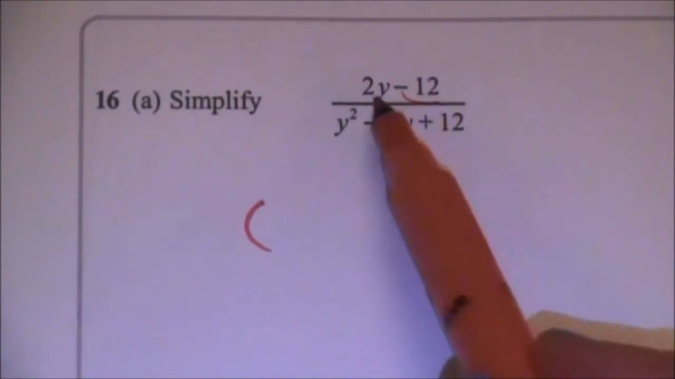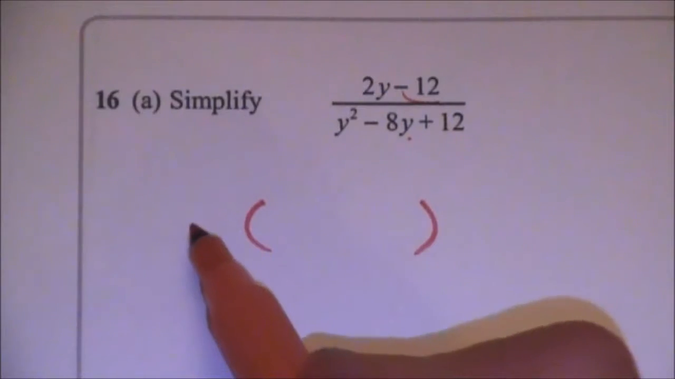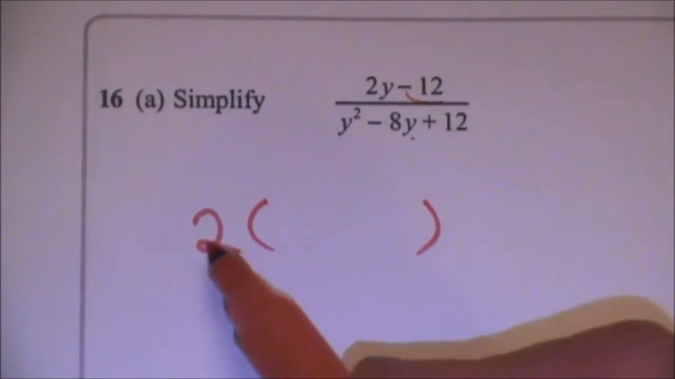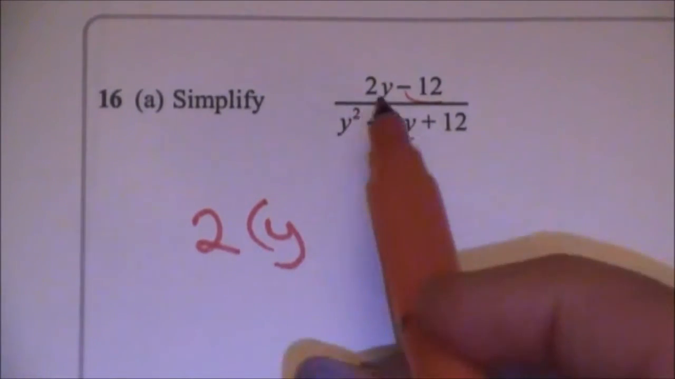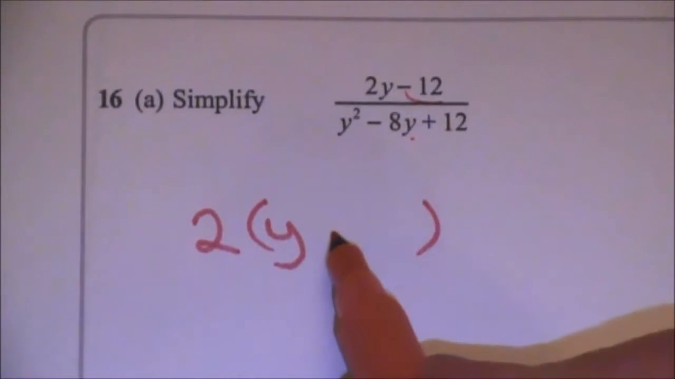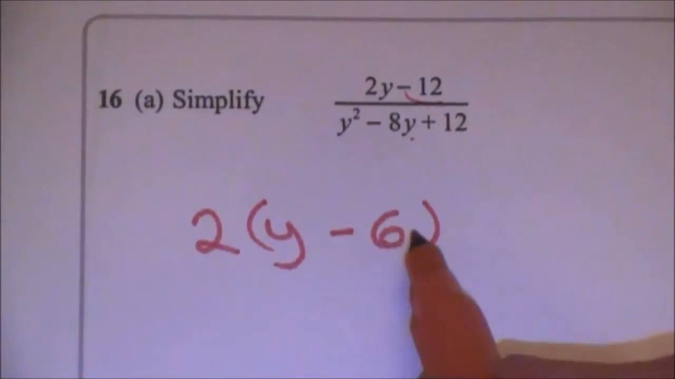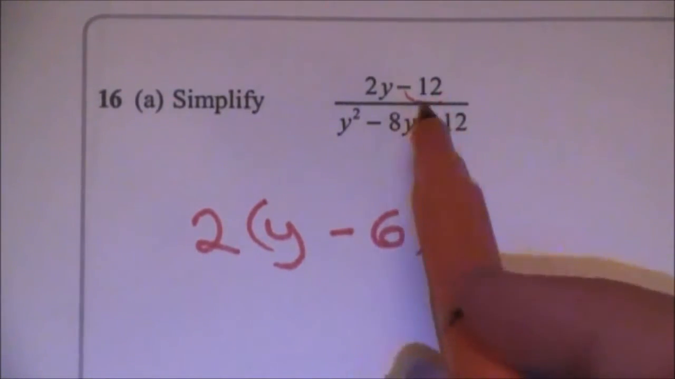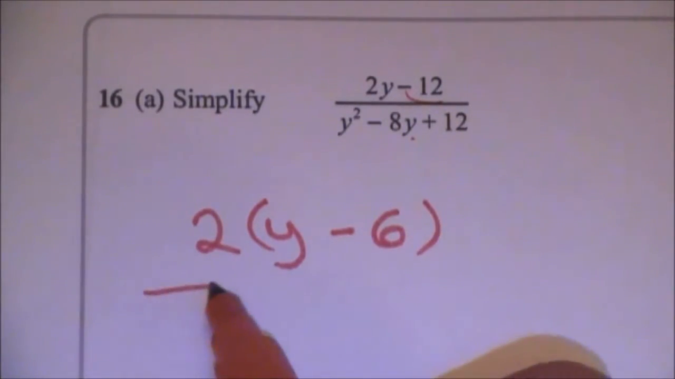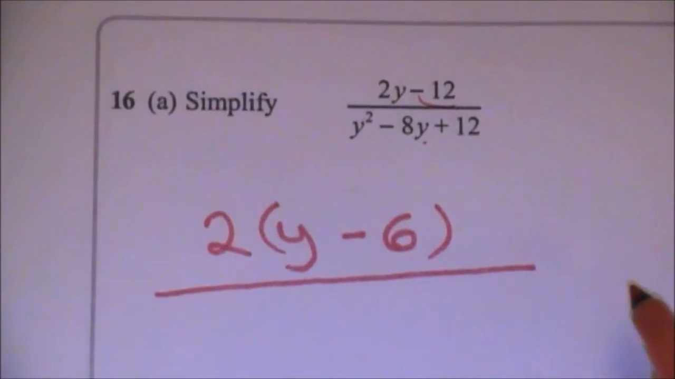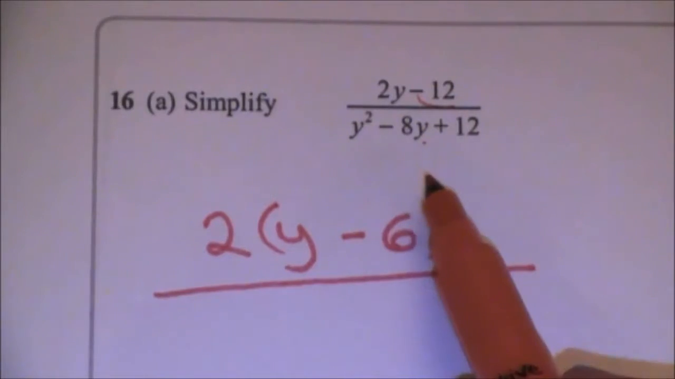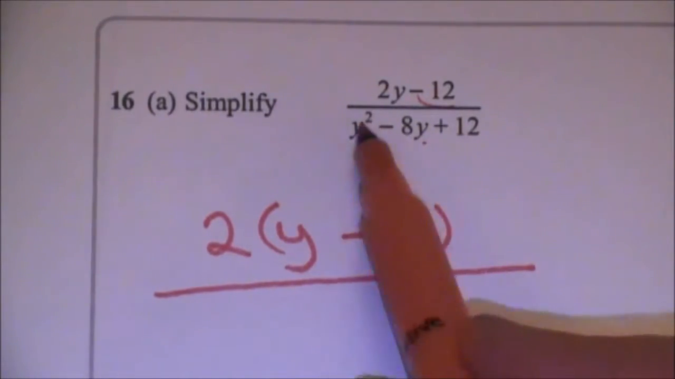The highest common factor, so the highest thing that goes into them both, is a 2. Then 2 times y would give me my 2y. And 2 times negative 6 would give me the negative 12 I need. So there's my numerator. There's the top number of my fraction. Now let's factorise the bottom. It's a 3-part